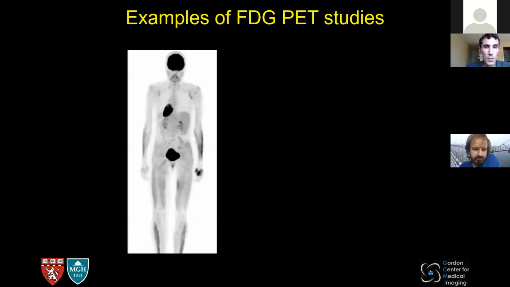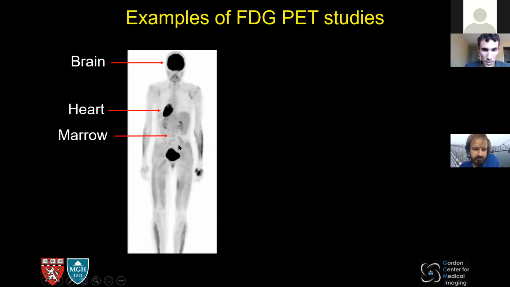So this is an example of an FDG PET scan. It's a whole body PET scan. You can see all the major organs that have a lot of energy demands, such as the brain and the heart, and the bone marrow, relatively little. This is just the bladder. This is the FDG secreted out of the body via the bladder. That's why it's showing up so much. And that's why we usually ask the patients to go to the restroom before they are scanned with PET, because we don't want this